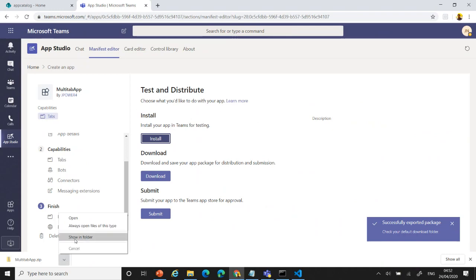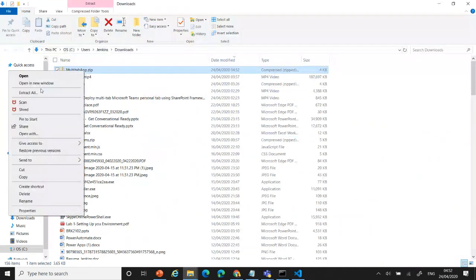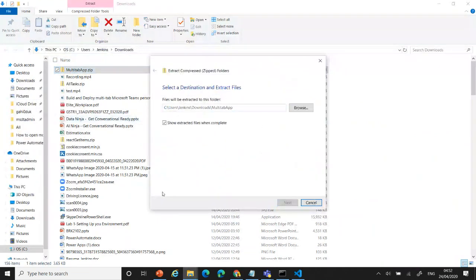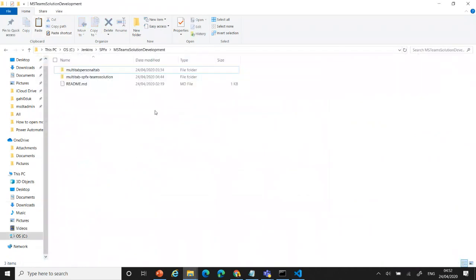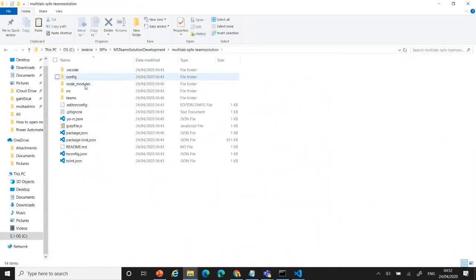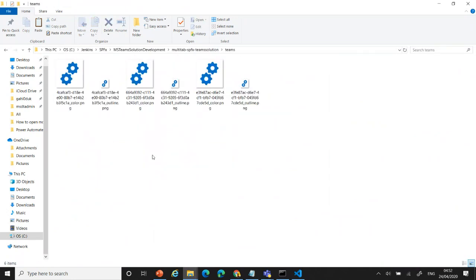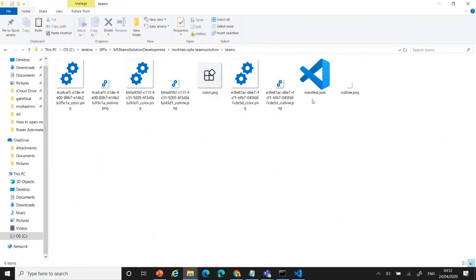Okay, I go here and show the folder where it's available. It's downloaded in a folder. I right click and extract it. Now I got the extraction, right? Just copy all these 3 files. Go to my solution available, where my solution is. Go to that. I can see the Teams folder. Under the Teams folder, I can just place it. Refresh. Okay, I'll just place it.